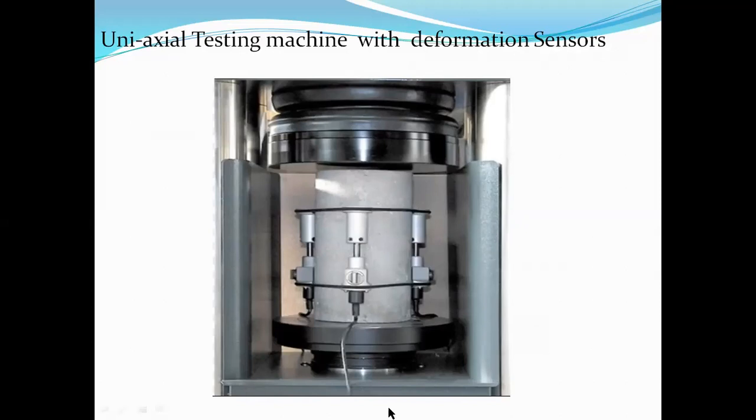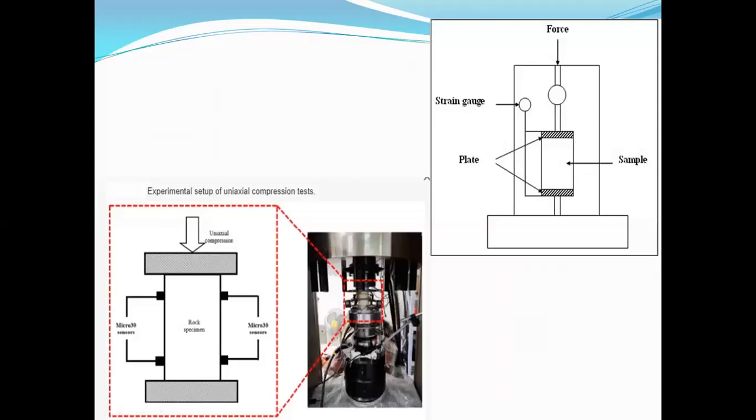Here the automatic sensors are present as part of this setup, which contains the LVDT, linear variable differential transformer. Using LVDT, we can precisely measure the deformation of the rock specimen, both in longitudinal and lateral direction. It's the same thing here. Look at here. These are the top plate and the bottom plate, and there are sensors attached as part of the experimental setup to the rock specimen, so that we can precisely measure the deformations of the rock mass.